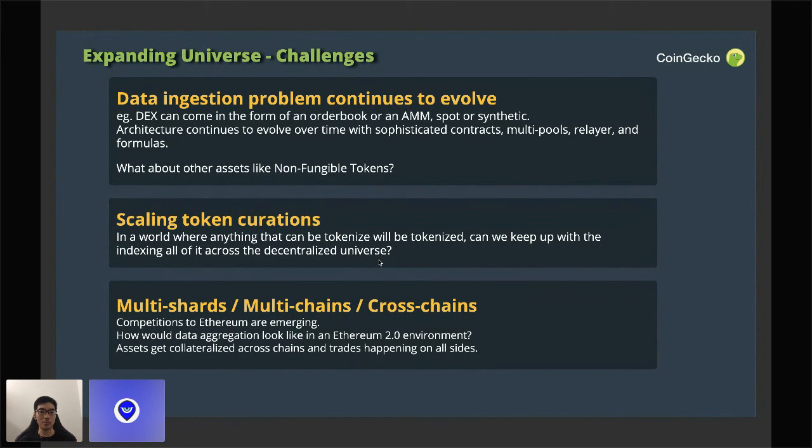And as I mentioned, the last one earlier here, multi-chain, multi-shard, cross-chain, there's more and more competitions emerging that try to compete against Ethereum. How that space will look remains a little bit murky, and we are starting to integrate a few new chains as we see more and more activity going on there. Again, back to the question that there is no one-size-fits-all solution, and we just have to write modules after modules and make sure that they can be maintained as we have all these different modules to maintain over time.